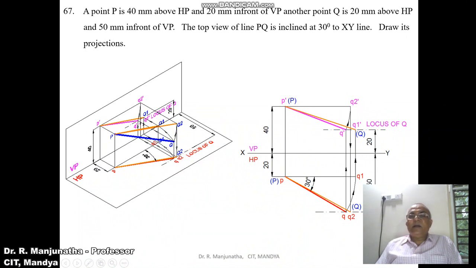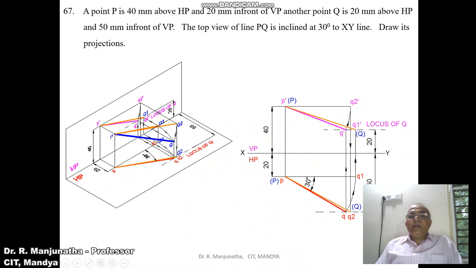Now the first thing is to find the true length in the vertical plane. To find the true length in the vertical plane, using the compass with P as center, taking the radius of PQ, draw an arc such that it cuts the locus of P in the top view. Once you get this point, you mark it as Q1. Through Q1, you draw a vertical projector so that it cuts the locus of Q in the front view. You get this point, and you mark that point as Q1 dash. Then join P dash Q1 dash a little bit thicker than the XY line.